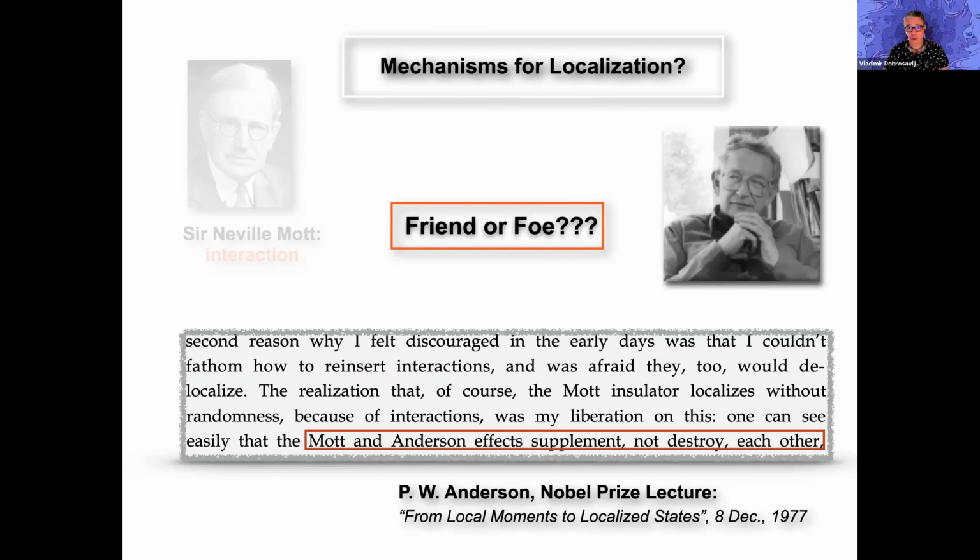What I would like to try to do today is to tell you that this is completely wrong. Maybe not always wrong, but there is a broad class of systems, associated with the vicinity to a Mott insulator, where something totally different happens, and we have today good theoretical but also experimental evidence that interactions and disorder don't always like each other. In fact, they oppose each other in some very specific ways. This is my take-home message for today. And now I would like to show you some examples of that.